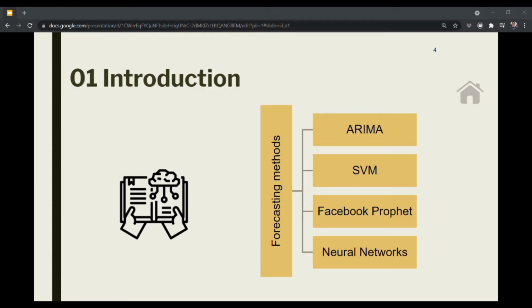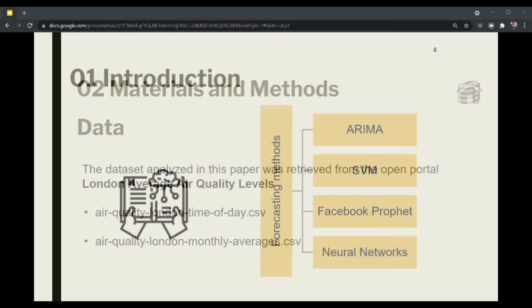Research has benefited the development of efficient algorithms bringing new knowledge to science and technology. For this reason, this paper compares the efficiency of stochastic and heuristic predictive models in forecasting the concentration of air pollutants to estimate London's air quality more accurately. The forecasting methods compared in these papers are classical ones such as autoregressive integrated moving average, ARIMA, and other more sophisticated ones like random forest, artificial neural network-based ones, support vector machines, and support vector regression.